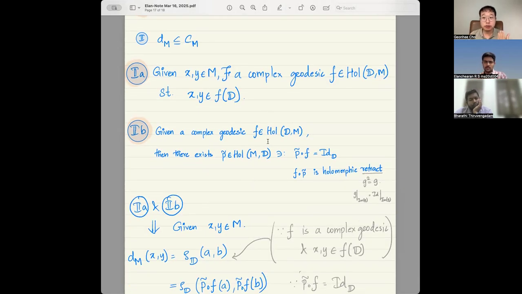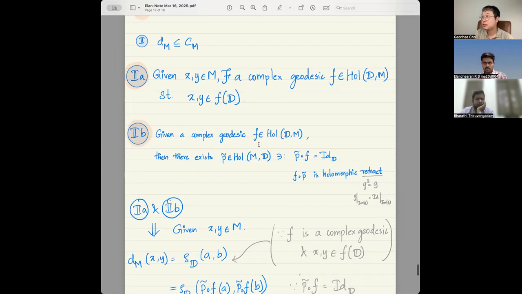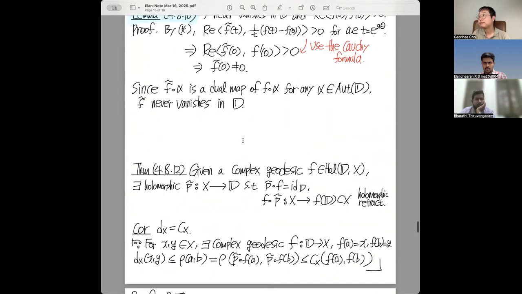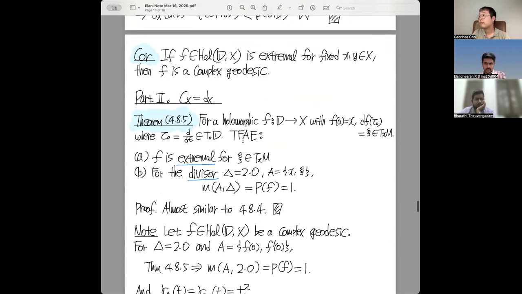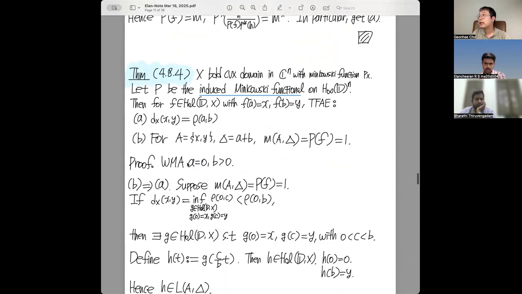And by the way, an interesting question: the complex geodesic is the solution of the linear extremal problem, like the principle of duality basically. Note here that the complex geodesic is already identified as a solution of the linear extremal problem, right? So we have information to talk about the complex geodesic. And all of this is just for talking about this theorem, basically, right?